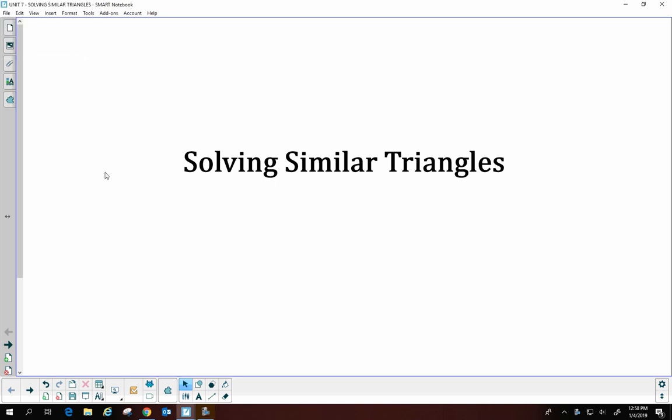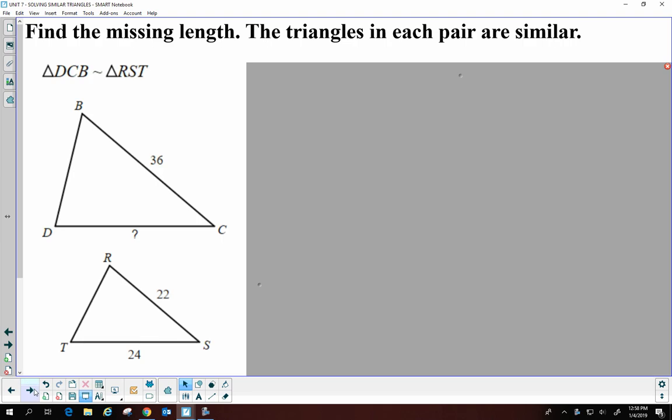Hey all, today we're going to talk more about similar triangles, and this time we're going to use our knowledge of what it means to be similar triangles to solve some proportions. So here I have two similar triangles, DCB and RST, and I know some things. I know that BC is 36, RS is 22, ST is 24, and I'm looking to figure out how long